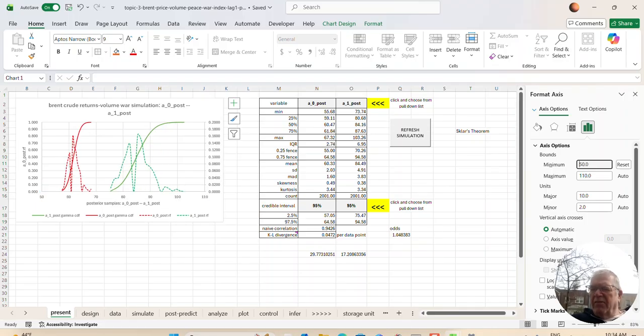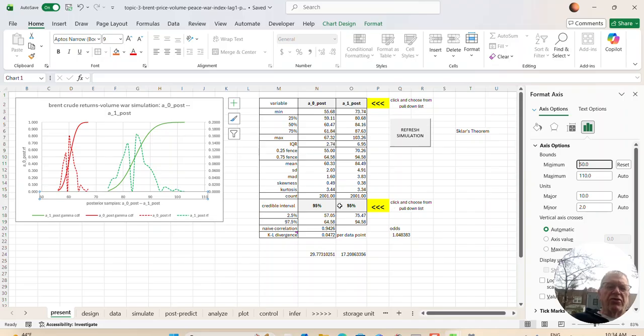Let's zoom it in. There we go. A little bit easier to see. Do these have the same shape? Oh yeah, very much. Very, very similar shape. We already knew that from looking at the